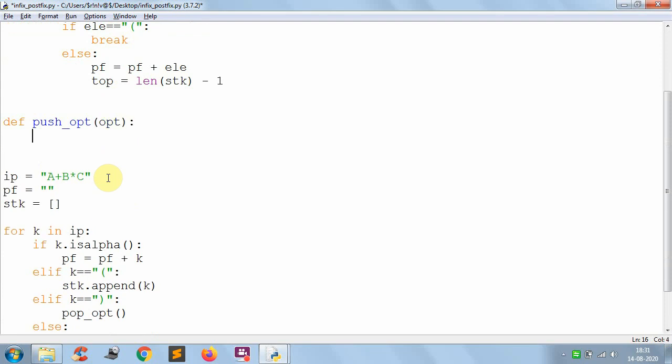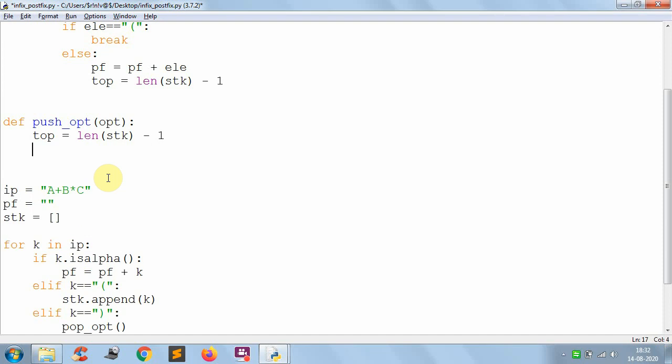If the input is an operator, first you have to check whether the stack is empty or whether the topmost element is a left parenthesis or not. So first calculate the top equal to len of stk minus 1. So this is the top value.